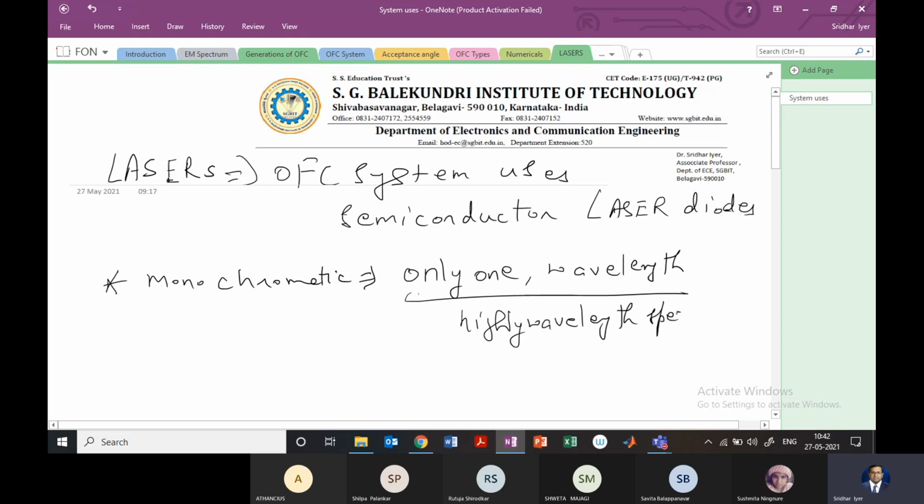Highly wavelength specific, right? So for our OFC system that we wish to operate for longer distance, we want to operate this laser with the dispersion shifted fibers in the 1550 nanometer range, right? The other advantage of this laser, the ones that we wish to operate in 1550 nanometer, is that the light is directional. It is directional, and also as I specified, apart from this light being directional, it will also be resonant.